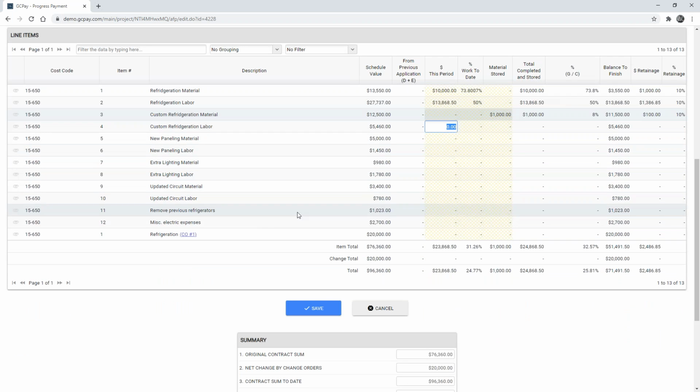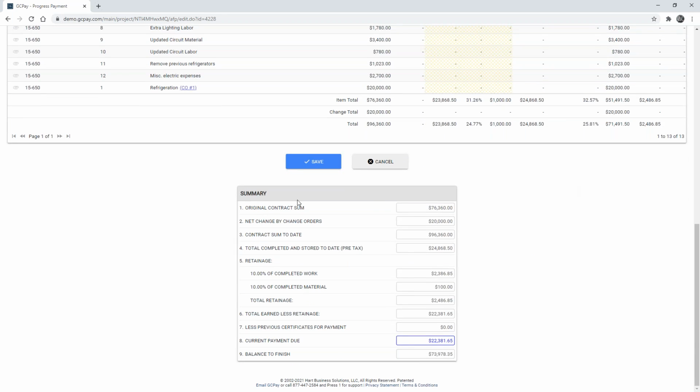You'll also notice down below that we have that change order that was submitted from the system earlier. So this change order was put into Sage first, and now it's billable by the subcontractor. You'll also notice a nice summary down here below.